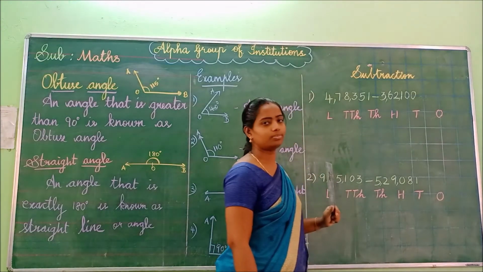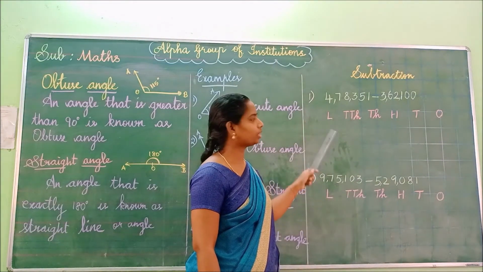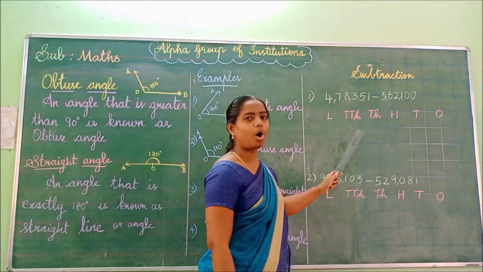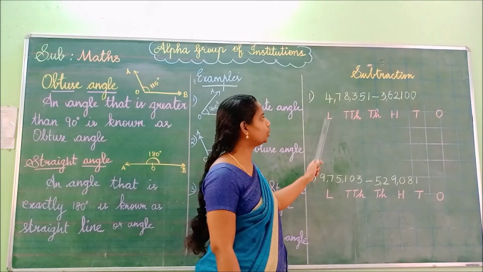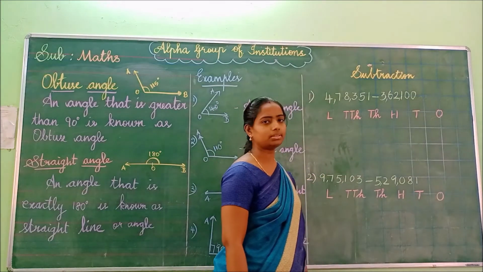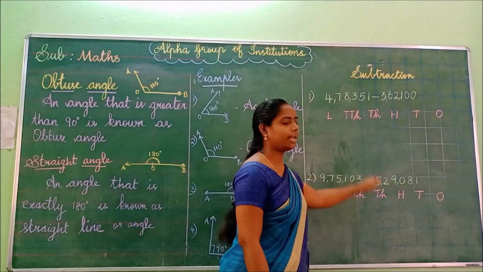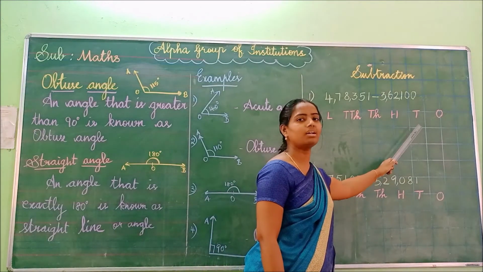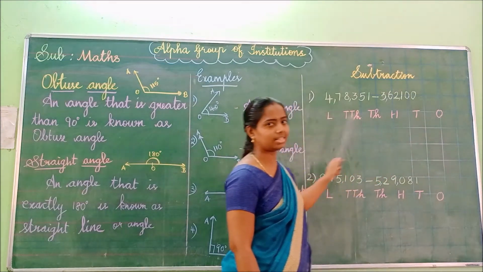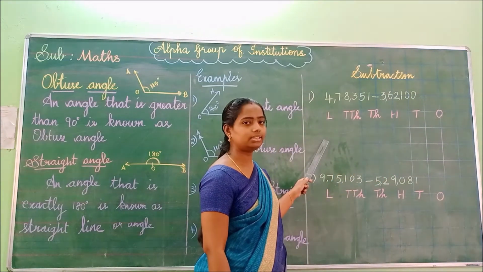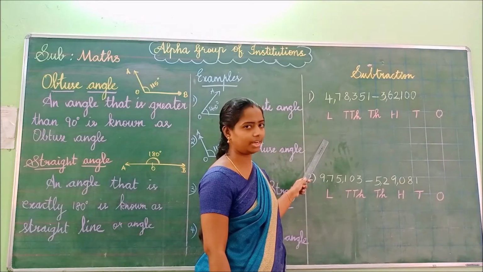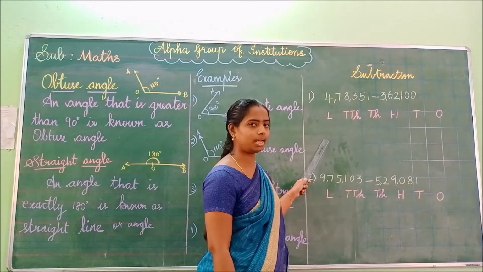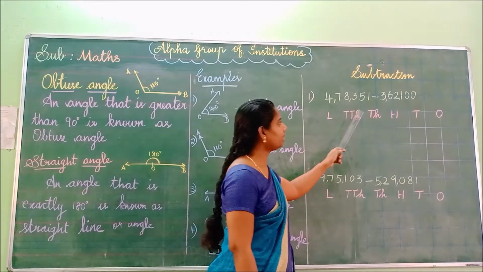See here, we have given the problems. Now we are going to do this sum. They have given the place values. According to the place values, we have to place the numbers. If you want to place the numbers, we have to start from the last digit towards the left. I already told you in the last class, in the addition, isn't it, children? For the subtraction also you have to follow the same procedure. Okay, children.